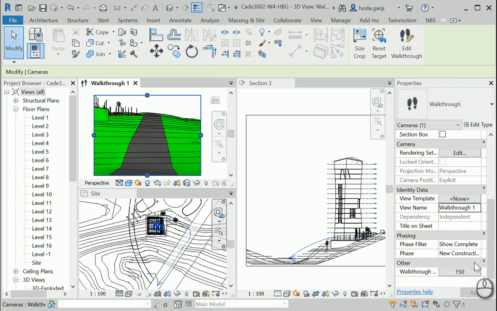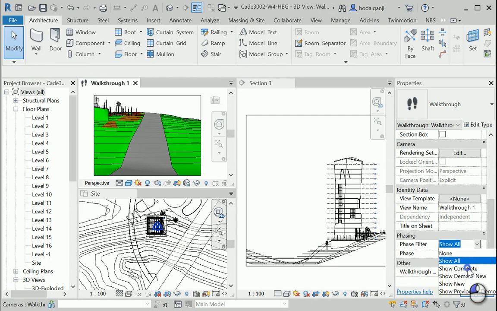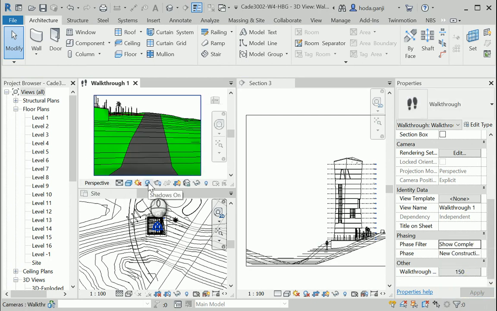complete. If you change it to show all, this is not what we want, right? So I'm gonna make sure the face of the walkthrough view is on show complete. Seems about right. You can go to File,